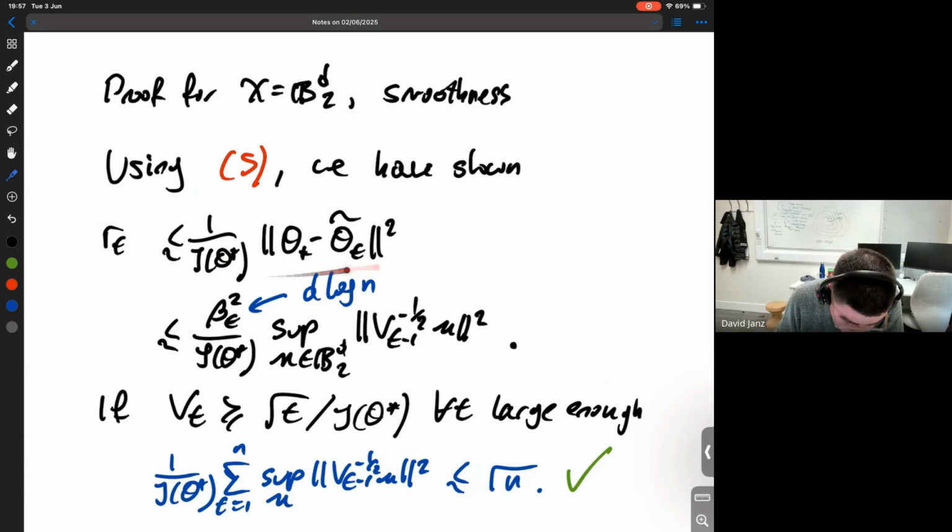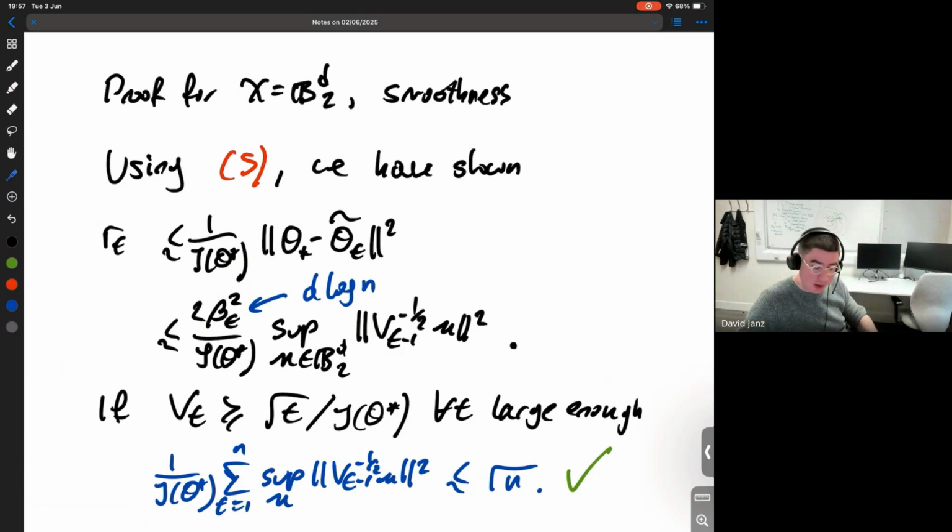Right, so we have this expression. Because both of these are in the confidence set, we can write their difference as twice the supremum of any vector scaled by this design matrix times the square of the confidence width. And we know the square of the confidence width is d log n. So what we need to control is this supremum. This is essentially 1 over the smallest eigenvalue of the design matrix. So we need to make sure that all directions are adequately explored.